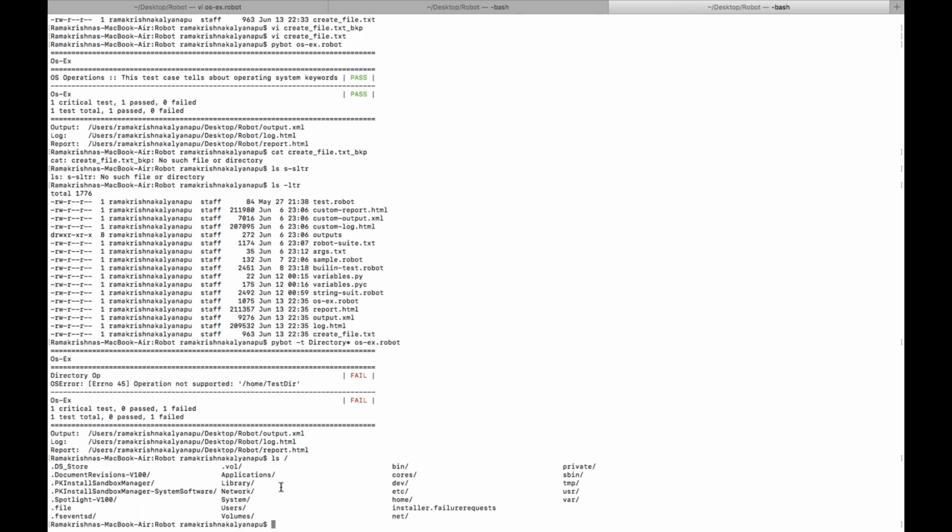Okay, actually this slash home we have to access as root, so it is saying operation not permitted. So I'll give,